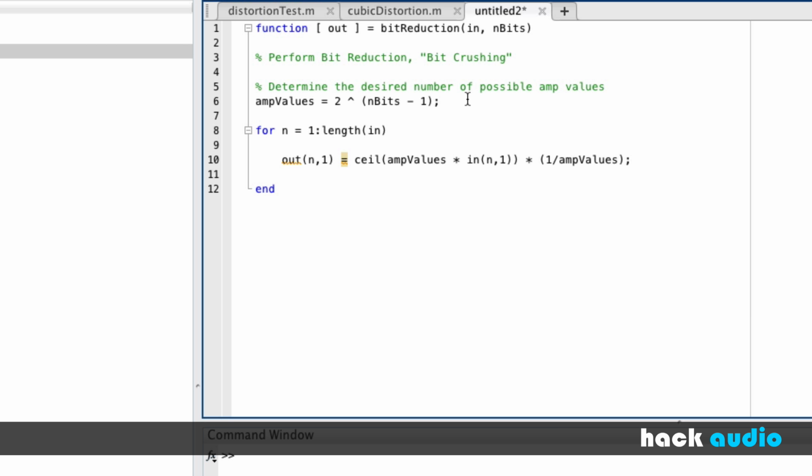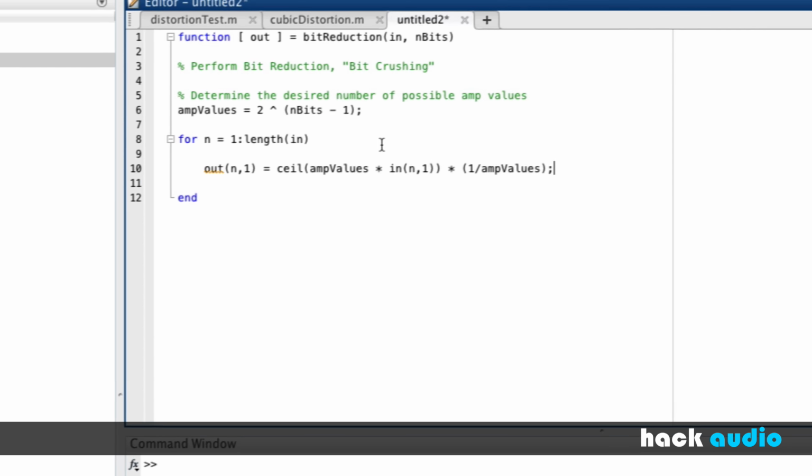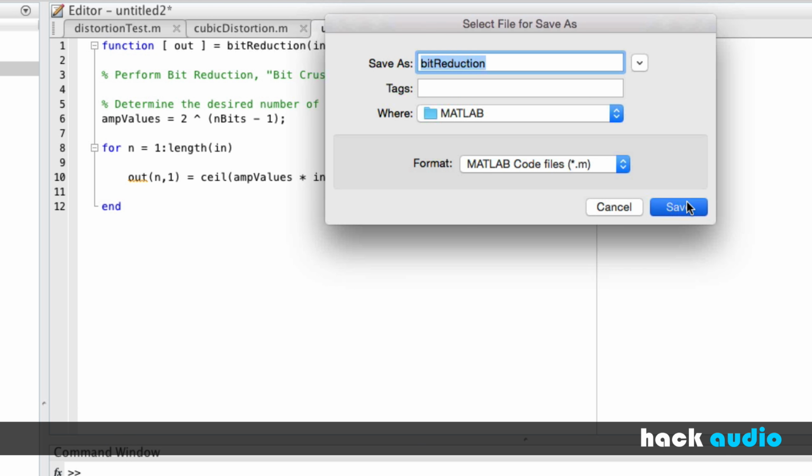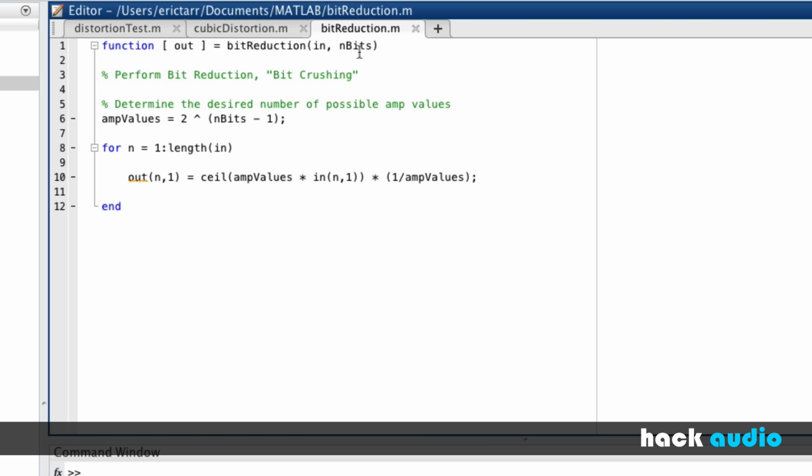Now, if you wanted to break this up into separate steps, you could do that, or you could just write one line of code that essentially does what we had before in our distortion test script. So let me save this file. It's bit reduction. Then we should be able to go back over here,